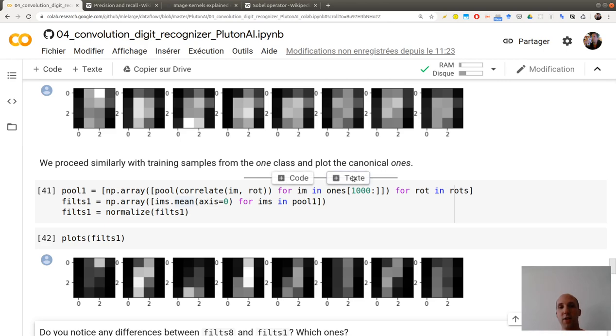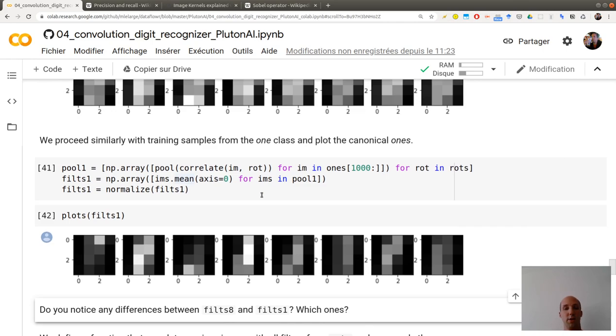The signatures are indeed quite different, because a 1 is essentially a vertical line. So the filters that are mostly activated here correspond to the vertical left and vertical right over there, which is not present in the 8.